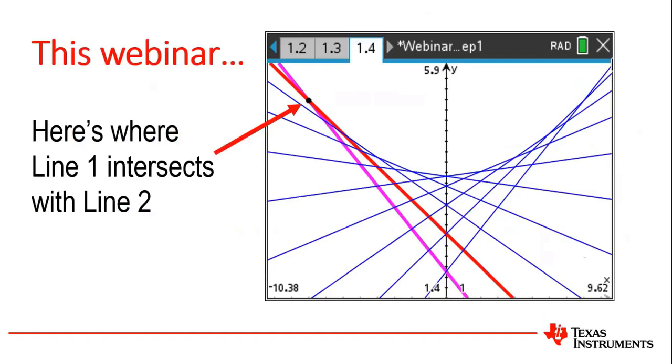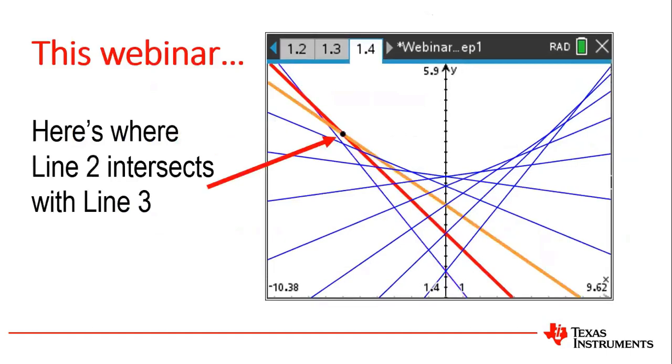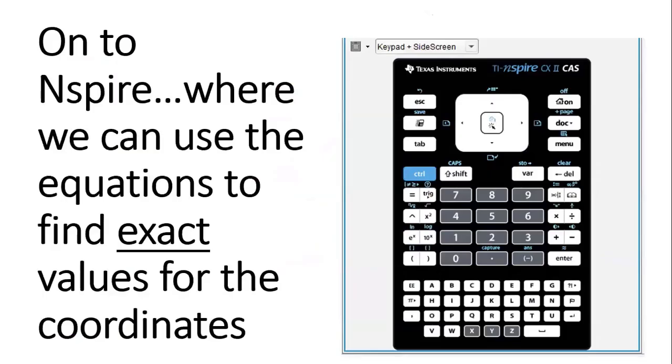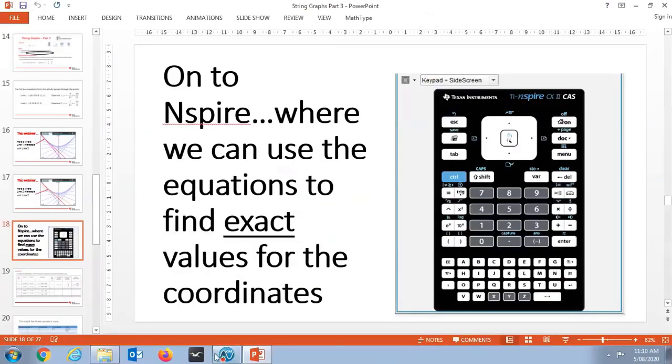To give you an idea of what we actually mean by these consecutive lines, that intersection point that's being pointed out is where our first 2 lines intersect. Here's where the second 2 lines intersect, etc. So we're going to spend some time taking a look at the various algebra that can be used on Nspire to help us out with that. So let's take a look now at our